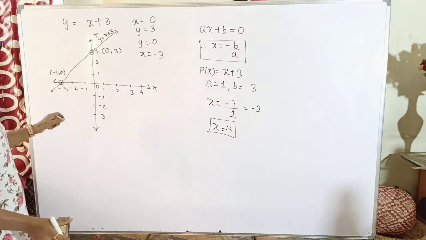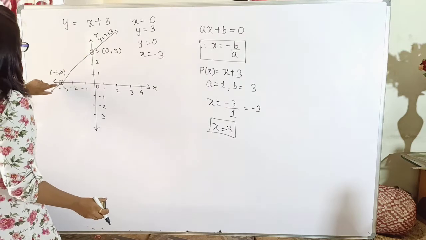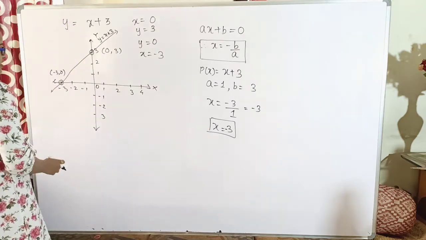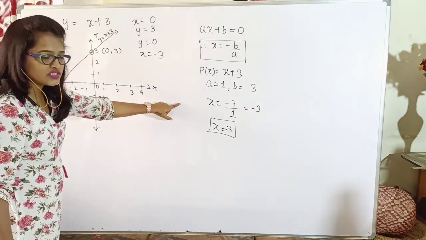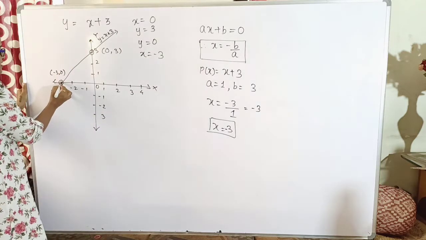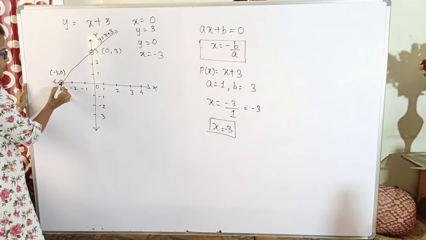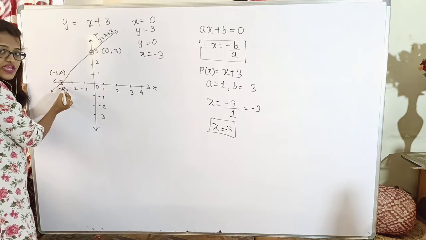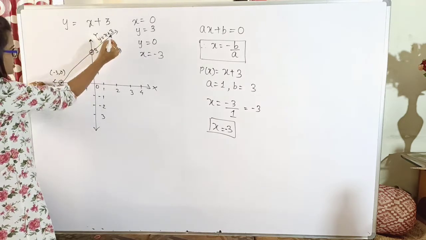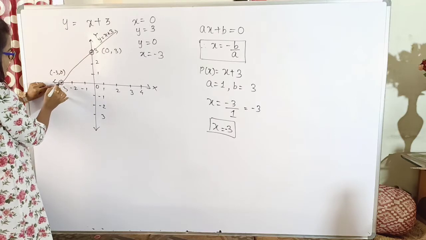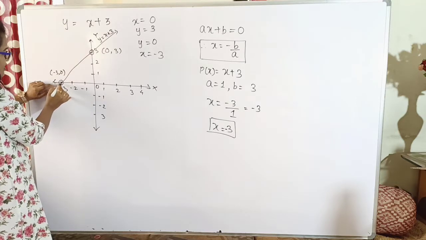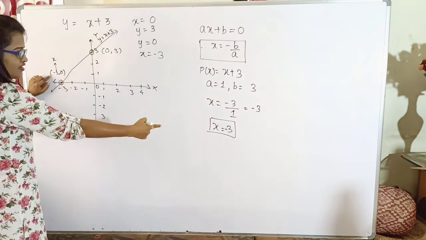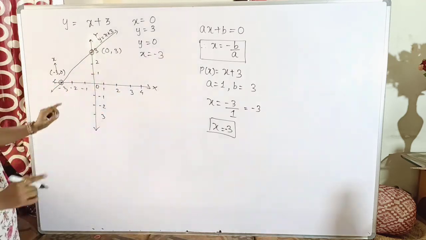Come back to our figure. What you can see, for what value of x do I get the equation value as 0? That is minus 3, and it is the same value where the graph of the line has intersected the x-axis. So as you can see, this graph has intersected the x-axis at the point minus 3, 0, and this is the value of x which we have got by placing it in the formula.